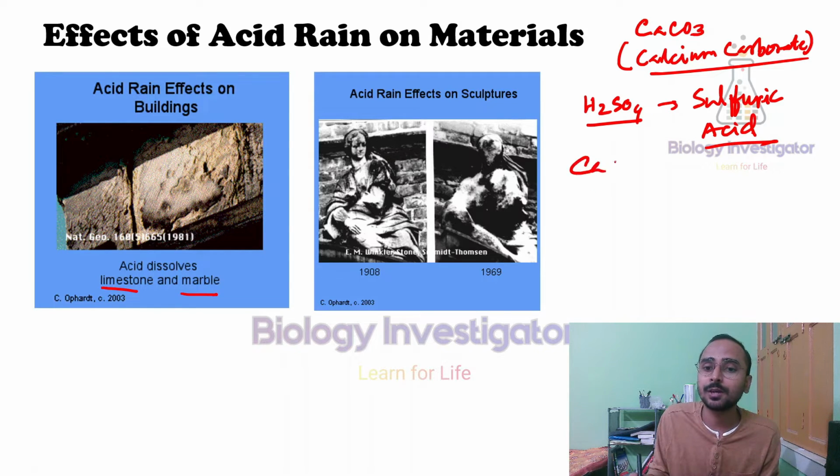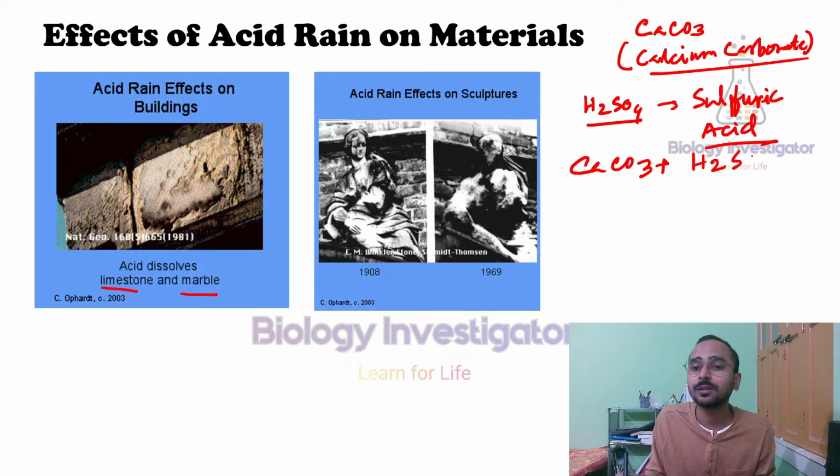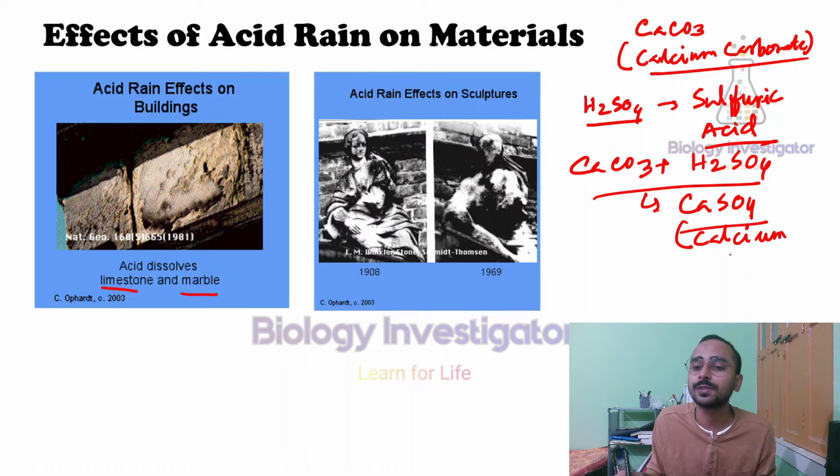So calcium carbonate will come in contact with H2SO4 and it will form calcium sulfate. This is calcium sulfate, and calcium sulfate is a little bit